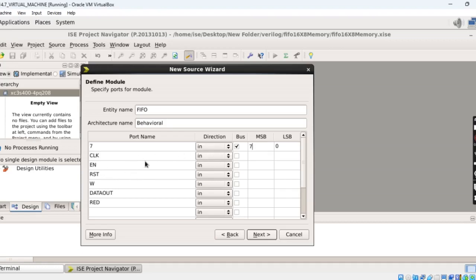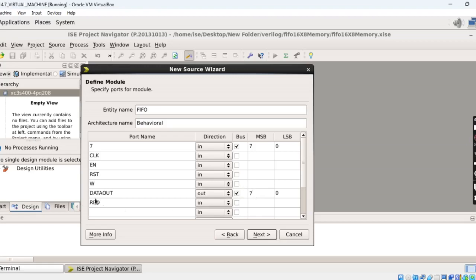Okay. Then enable is also input, reset is input, W, that means to write into the memory, so W is also input, data out is output. Okay, and data out is also a bus, so here the same size you will get, that is 8-bit, so 7 down to 0.